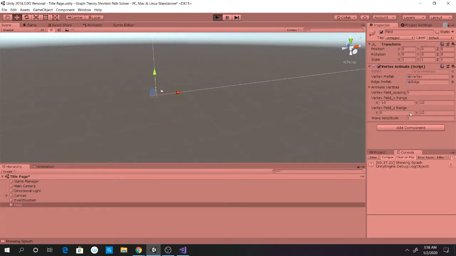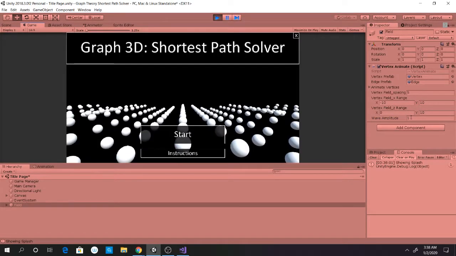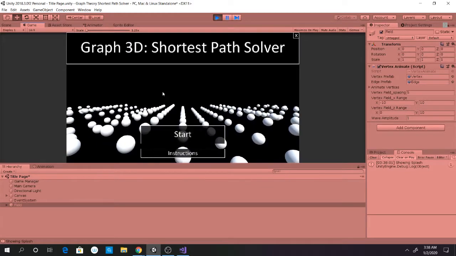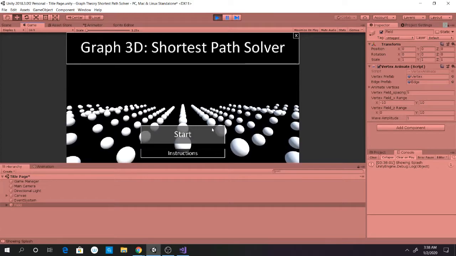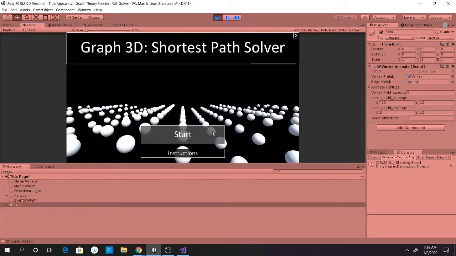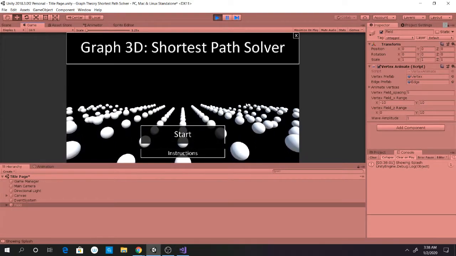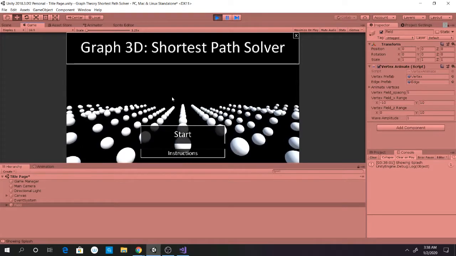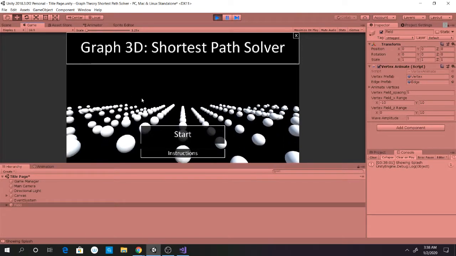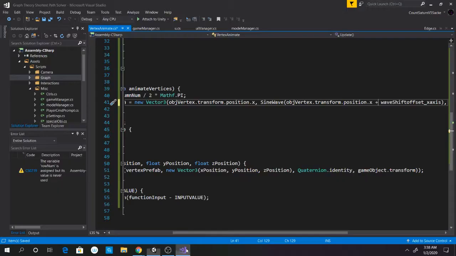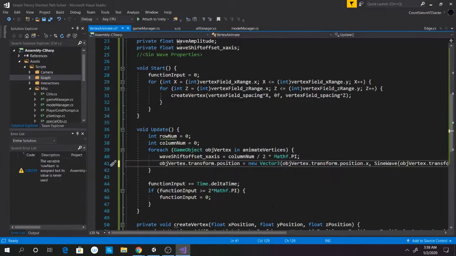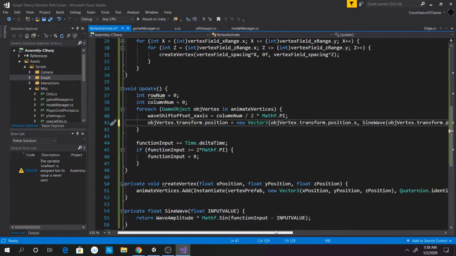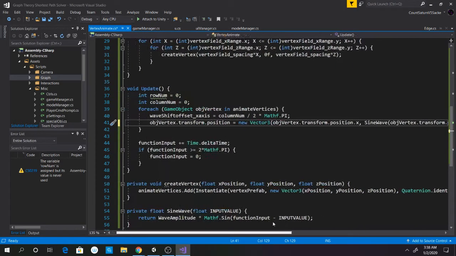All right, it looks cute. Here's the thing: I would like the back to actually go a little higher, so I might do something with the amplitude. But before I do that,